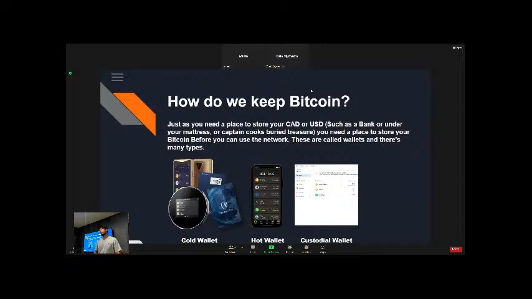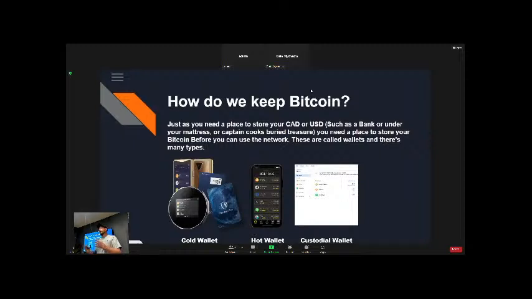For sure. So a custodial wallet would be something like ShakePay or blockchain.com. They have your private keys. You don't actually physically have your own private keys, so they're in charge of that. And what happens is your private keys give you access to your coin, right? So if they get hacked or if they go bankrupt or something like that, kind of like we saw with Celsius, your currency's gone and it's going to be really, really hard to get back ever, right? So that's why self-custody is the most secure way.